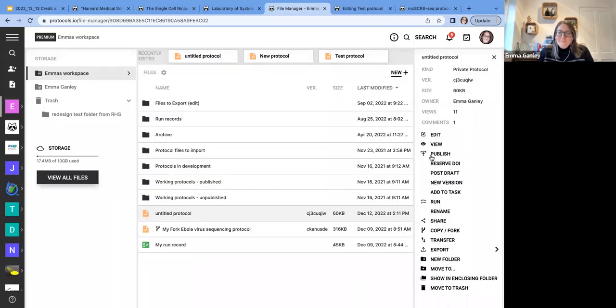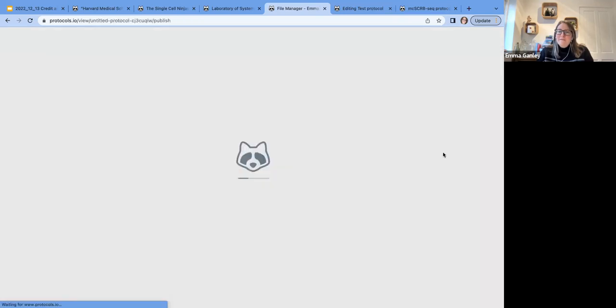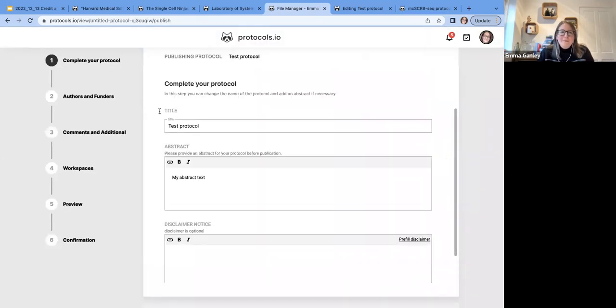Zoom makes this slightly more challenging with internet at the same time. And you should hopefully in a moment see that it's a quite quick step-by-step process. Now I'm not convinced that's going to load. It doesn't look like it wants to load. Let's try again going from here. I can do it also from the file manager. So if I click publish, okay, now that's loaded. We'll go with that one.